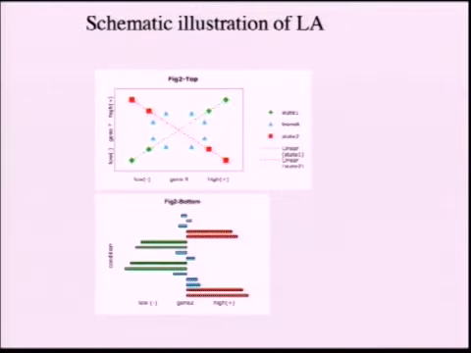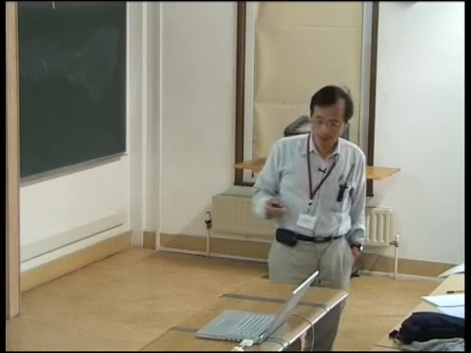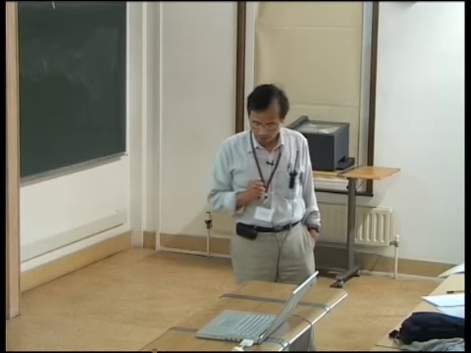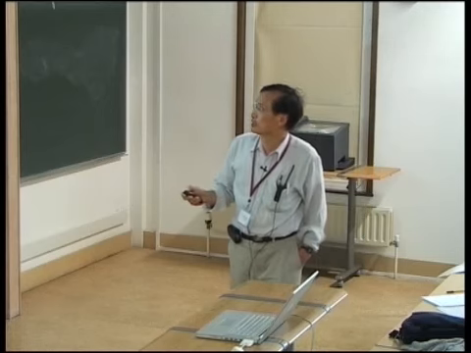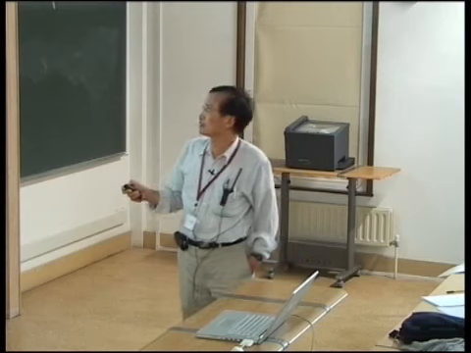Given that as a background, now let's look at this diagram here. We are considering two genes. For example, gene X could be the transcription factor I just talked about, and gene Y could be its target gene. Depending on the cellular state, where the state could be that the thyroid hormone is abundant or is absent, then you will see